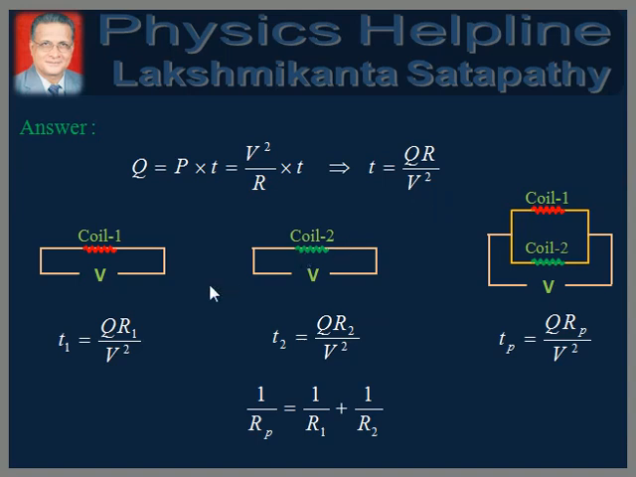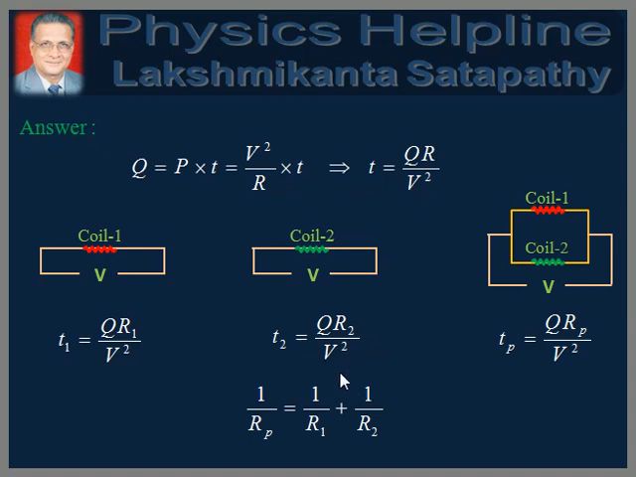When the first coil is switched on, let the resistance of the first coil be R1. Therefore, time taken for water to boil is given by T1 is equal to Q R1 divided by V square. We are given the value of T1. Similarly, let the resistance of the second coil be R2. Therefore, time taken for water to boil in this case is given by T2 is equal to Q into R2